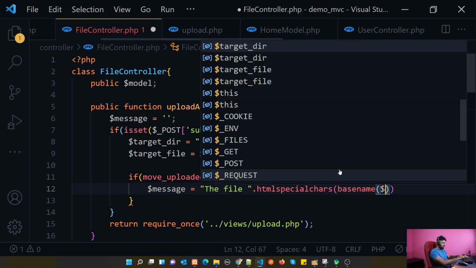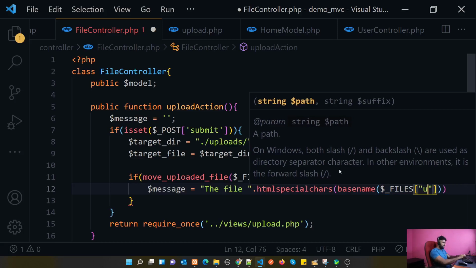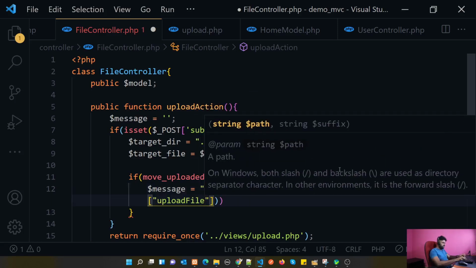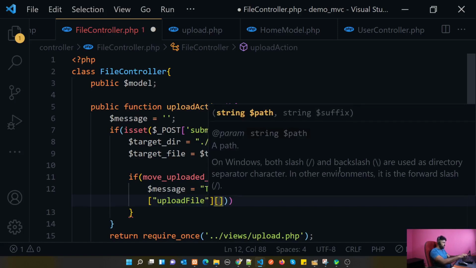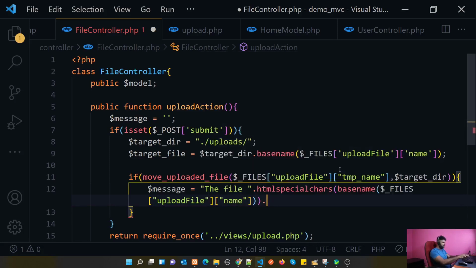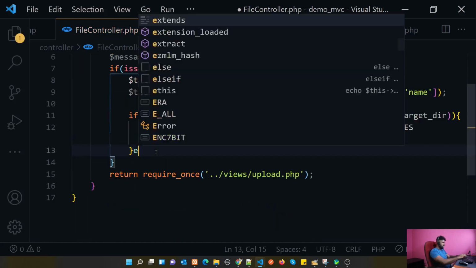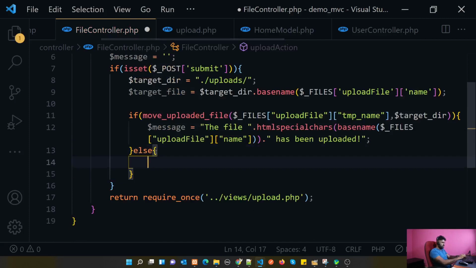Let $_FILES, our file name is upload file, and let's say name has been uploaded. Right, now we have uploaded our file. If it fails, else if the file moving process failed, then we set the message as